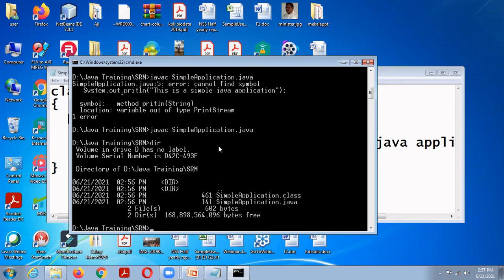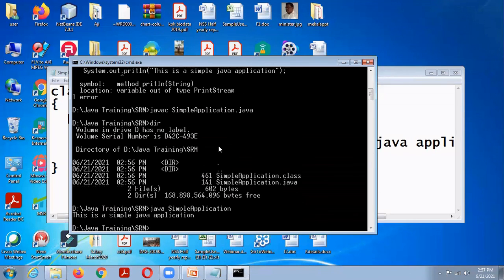Now the Java interpreter interprets this bytecode and executes. The message is displayed at the command prompt: This is a simple Java application.